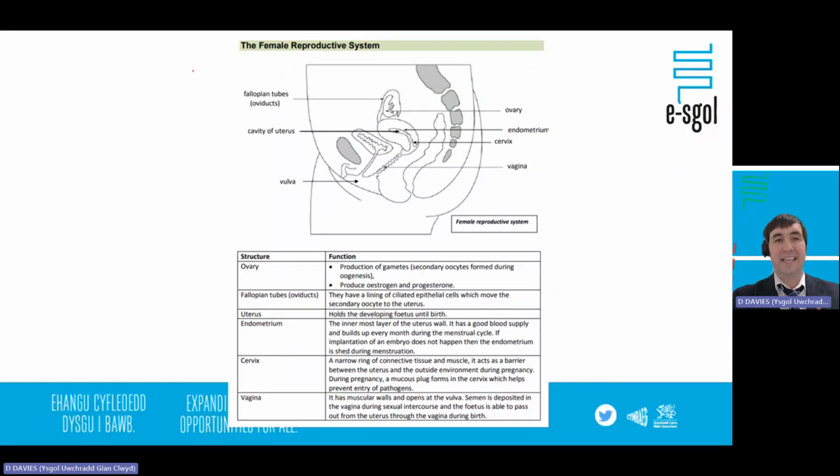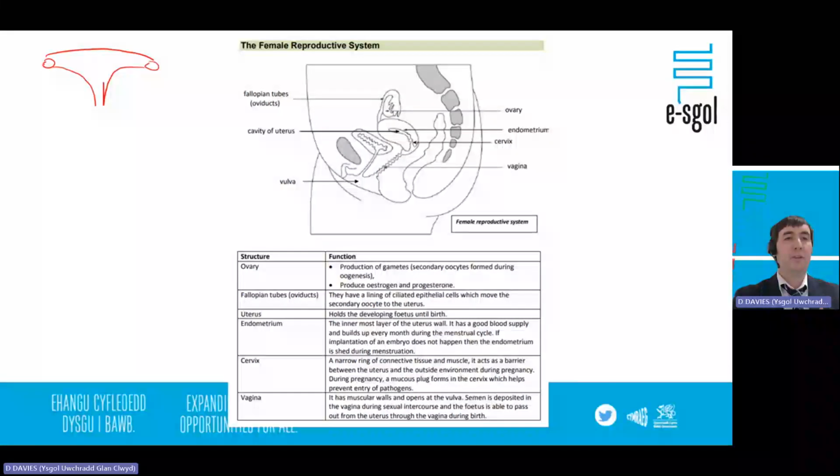Now you've probably seen a picture of the female reproductive system that looks a bit like this. You've got two ovaries here, and then you've got the fallopian tubes leading to the uterus. Then you've got the cervix that leads into the vagina. The vulva and the labia are the external parts of the reproductive system. That's a strange diagram, a side-on diagram, but you need to be able to